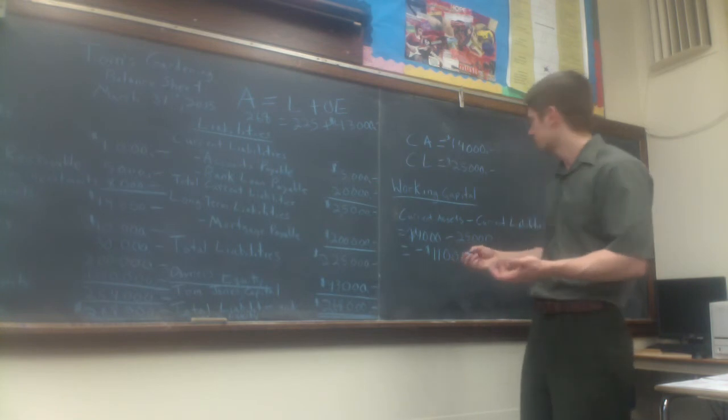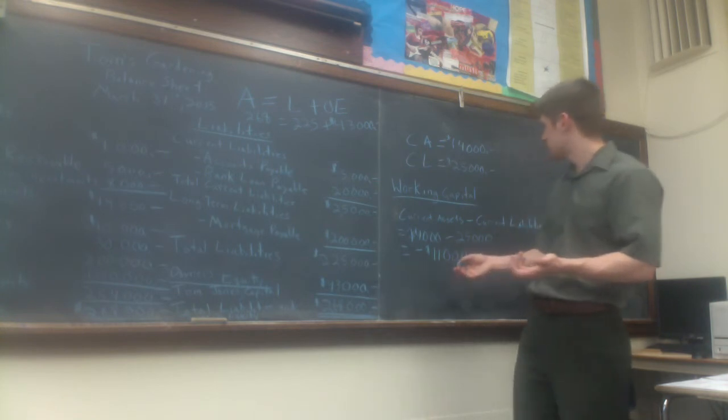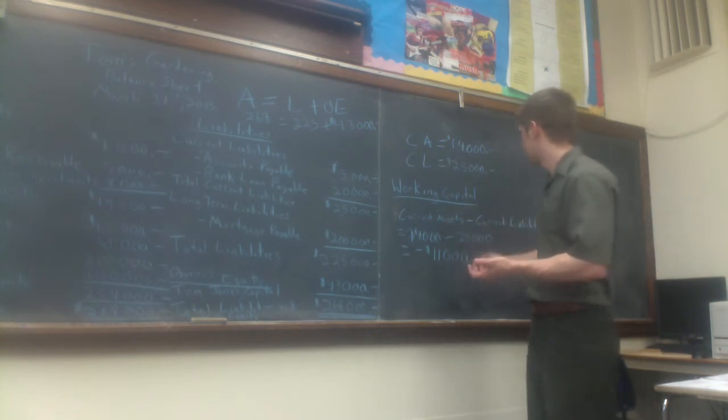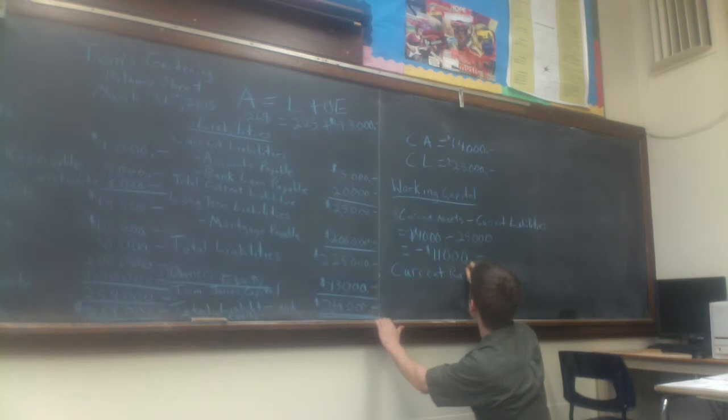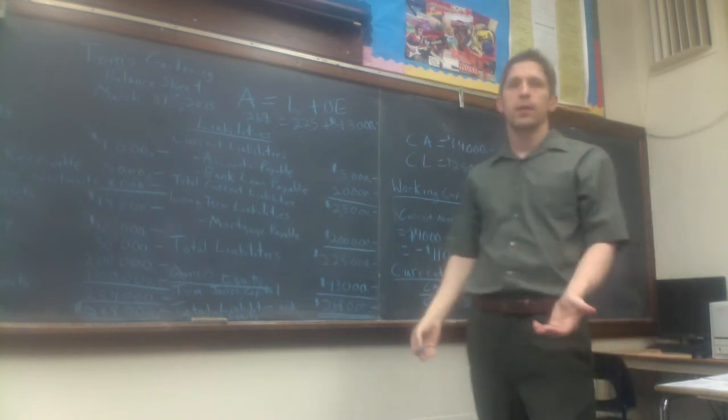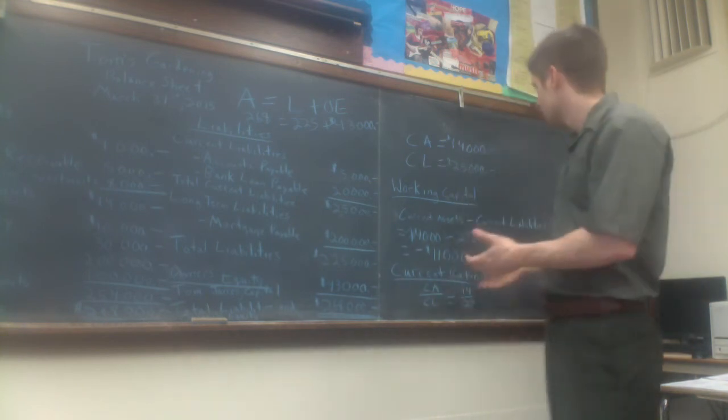Another way to look at it is the current ratio. The current ratio is current assets divided by current liabilities. The current ratio, which you want to be at least 1, is not. Current assets divided by current liabilities is 14 over 25, which we know is well less than 1. You want your current ratio to be greater than 1,